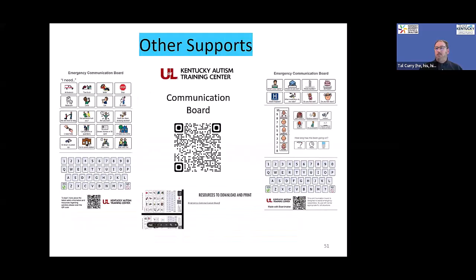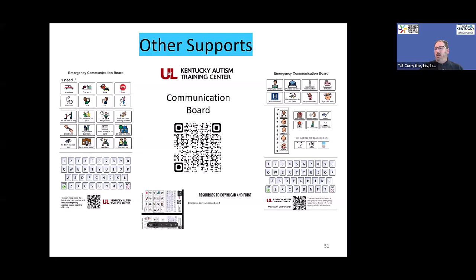I mentioned the other supports. This is where you can find communication boards. These can be printed out easily through U of L. This is actually part of a sensory bag that was given to first responders, like law enforcement, to keep in their cars, so that if a child was in an accident, or an autistic person, and what you will find, even other folks who have been traumatized lose the ability to speak, even if they are able to speak. And so sometimes having these can be life-saving